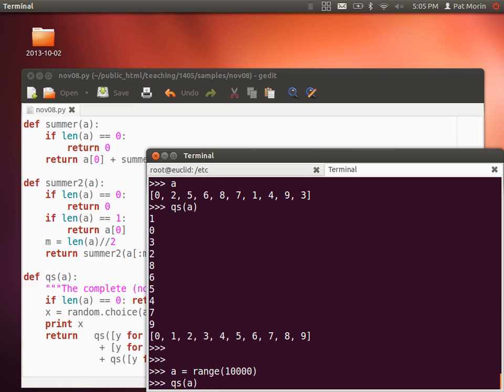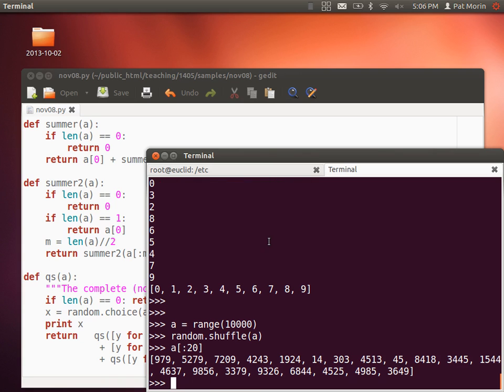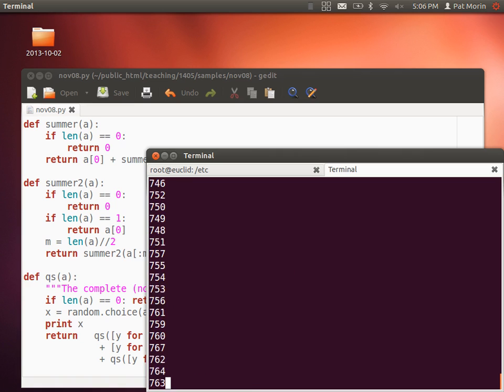Let's try something bigger. A is equal to range 10,000. Now it's not sorted anymore. So if we look at the first 20 elements in A, they're not in any particular order. And if we say Q sort A,